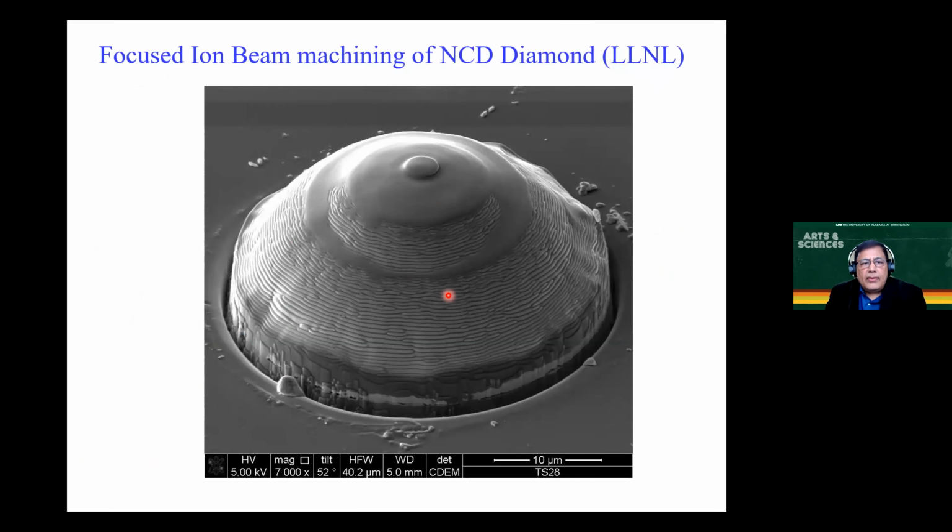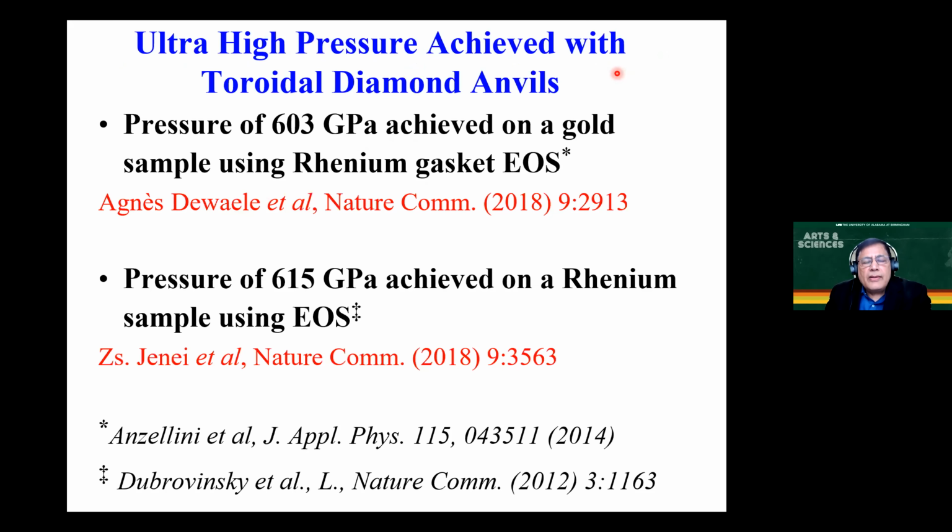And here is a very interesting shot. If you look at the nanocrystalline diamond, we had a flat surface. So you can actually use focused ion beam machining to machine out your nanocrystalline diamond, which you grew on top of single crystal diamond. This is really courtesy of Zsolt at Lawrence Livermore National Laboratory. Okay, so this is a nice segue into